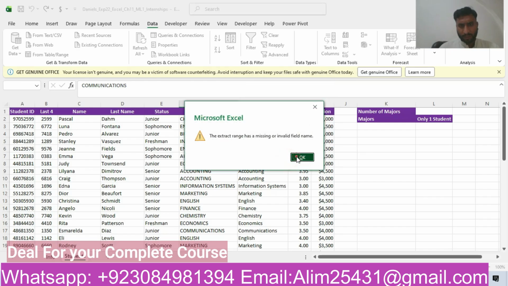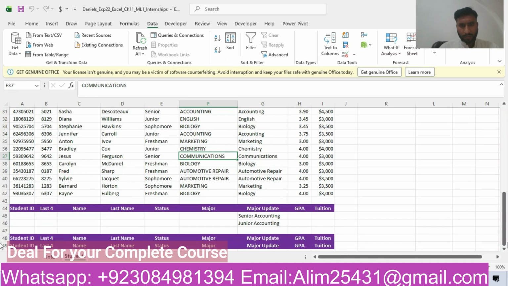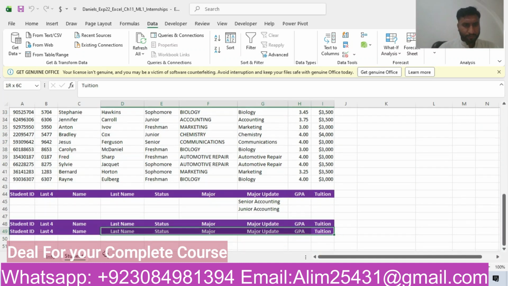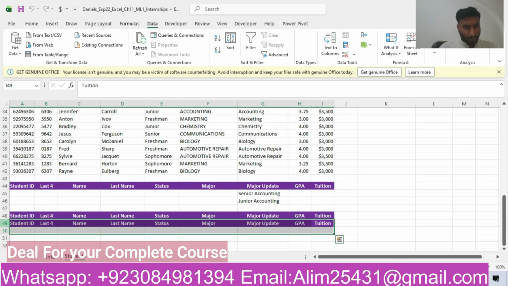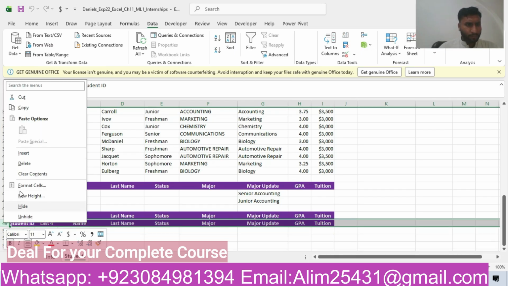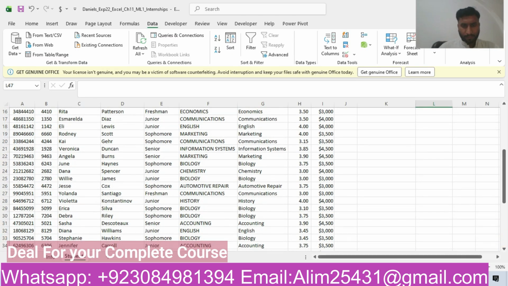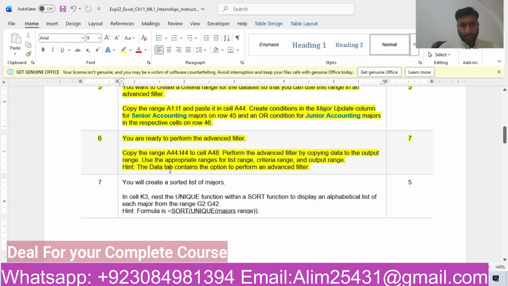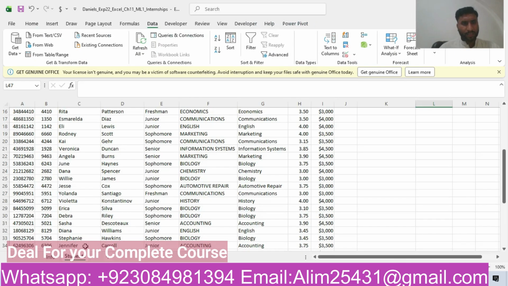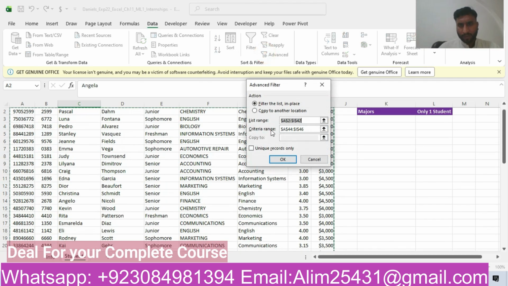The extract range, we'll delete that one. We will do that step again, so it will be corrected. What next? He did not tell us any other thing. We'll select the advanced filter A2 to I42, copy to another location, and then